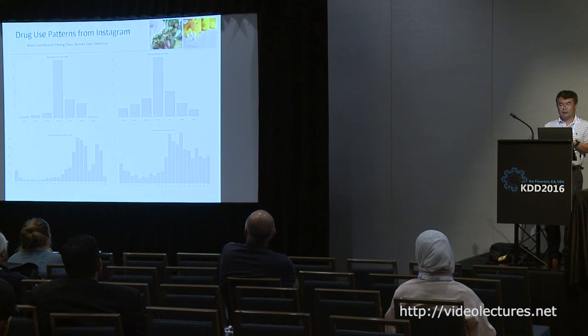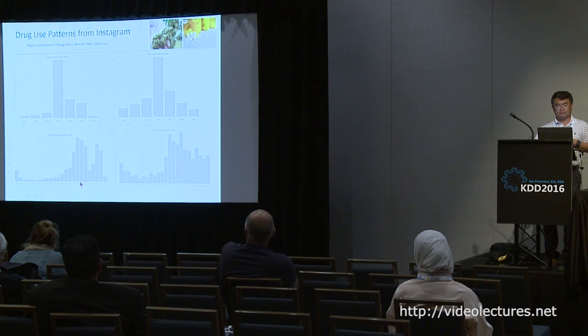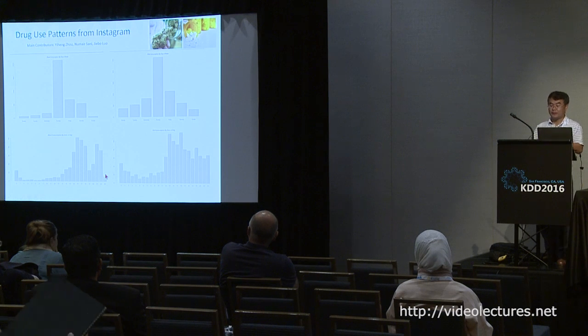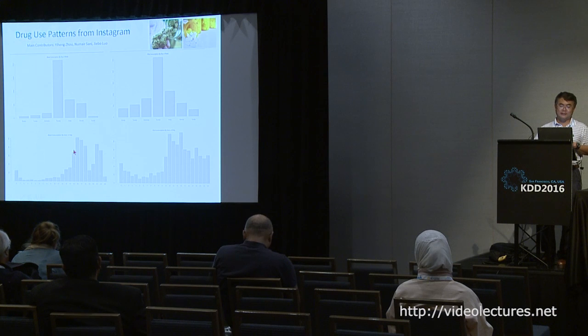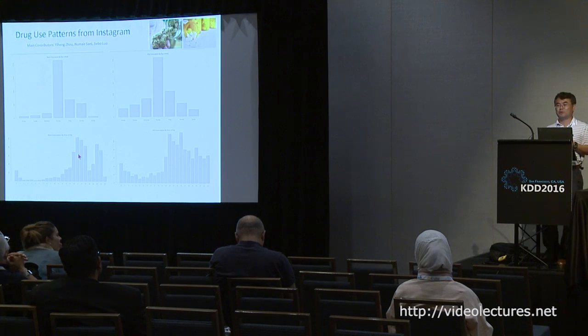Okay. And then once we find that, we can find interesting patterns. This is the consumption of weeds by days of the week. This is pills. So weeds, that's interesting. This is 24 hours of the day. There are 2 peaks. I didn't know why there are 2 peaks, but then my students have some friends who actually use drugs. They said, wow, this thing at 4 o'clock actually corresponds to this thing called 420.